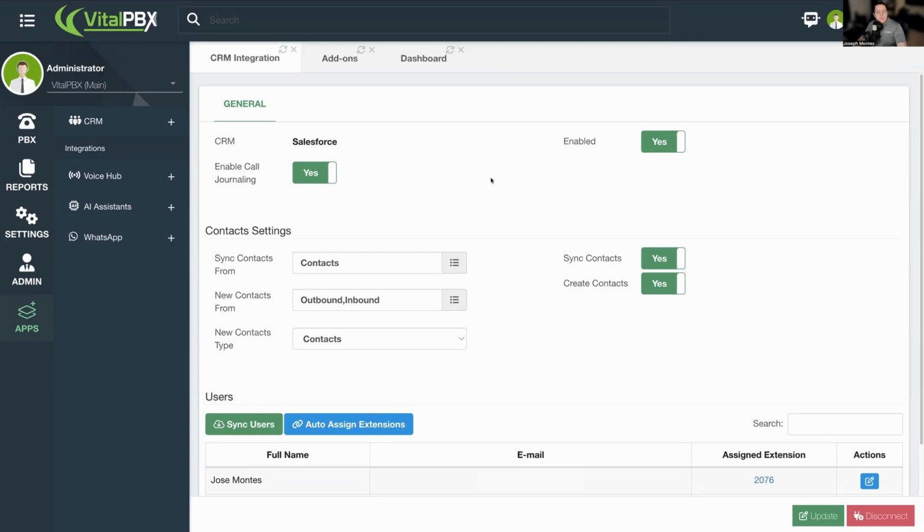So the way that the CRM integration works, it works as if you have seen our previous video on Zoho CRM. It's fairly similar, basically the same. Where we have our CRM information, here we see that it's a Salesforce connection. That we can enable and disable this connection at any time. And then we have the option to enable call journaling. This is the basis of the CRM integration, where you will be able to see call information on your Salesforce CRM